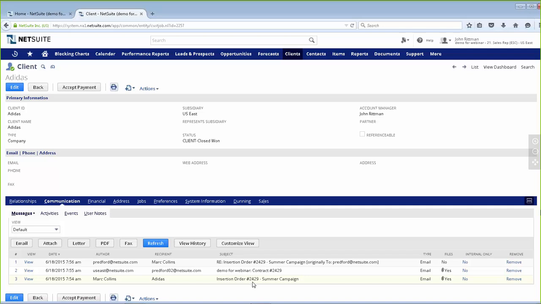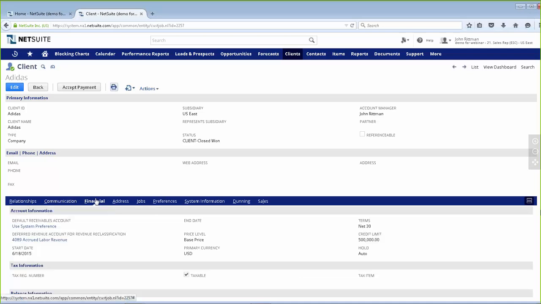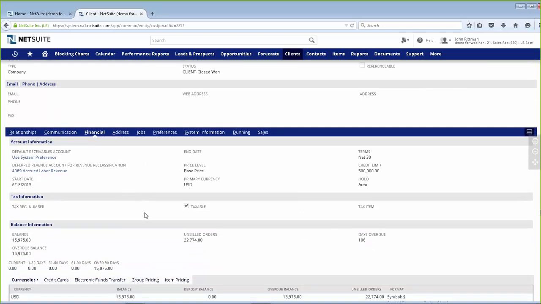When we send out any kind of communication from NetSuite to a contact, and they respond, you'll see that it automatically loads that back up into NetSuite. There's some tagging methodologies to go through. So not only is it going to live in the customer 360, so I've got that holistic view of that customer, but I also would have received a copy of that email on my Outlook, Gmail, or whatever my email account is, as well as my mobile device, to let me know to jump back into my contract and be able to view it. You can also see any type of financial information that I've set up.